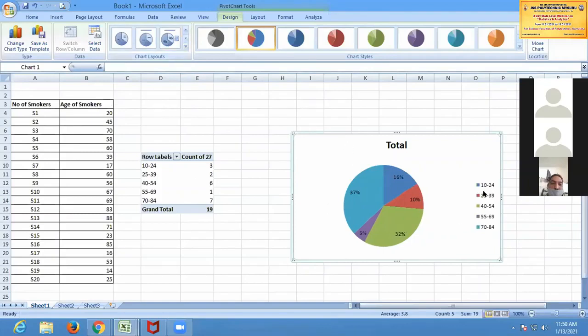Same as you were changing the chart title earlier, here also you can change the chart title.